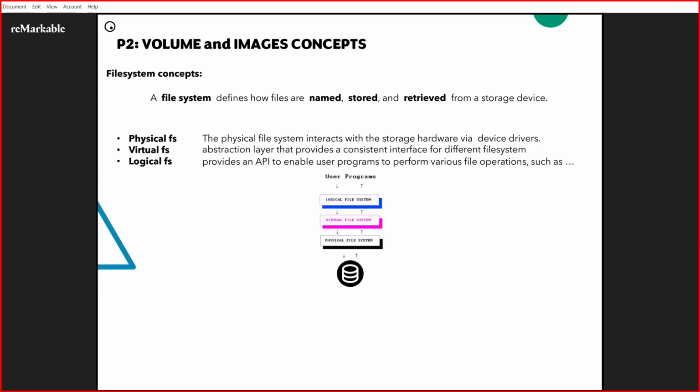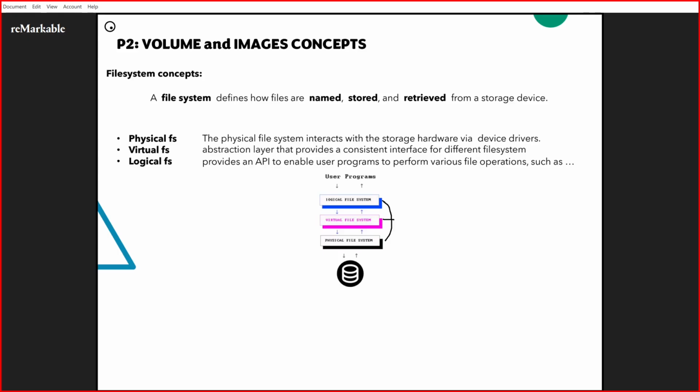The logical FS is something we know already, for example NTFS, FAT, ext4, ZFS, and lots of things. These are logical FS. And behind the scenes there is a virtual file system, which is the bridge between the physical file system and logical file system. At the bottom you can see the physical file system, which interacts with the storage hardware